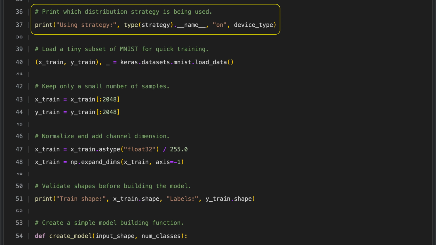This line of code prints the distribution strategy that TensorFlow is using by checking the type of the strategy object and reading its name. It also prints the device type that was identified earlier in the script. Together, this tells you whether the code is running on a TPU, CPU, or GPU. This information is important for confirming that the environment is set up correctly and that the model is using the